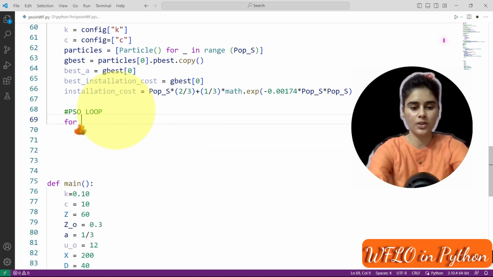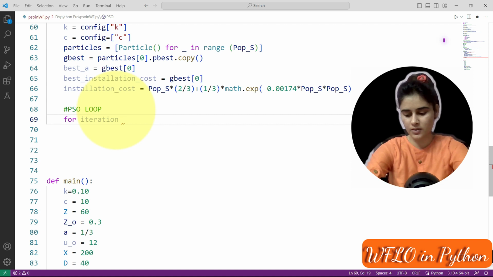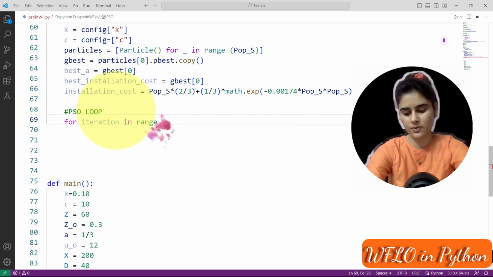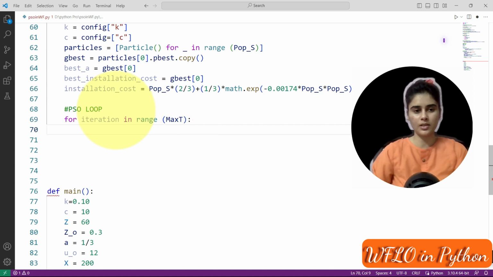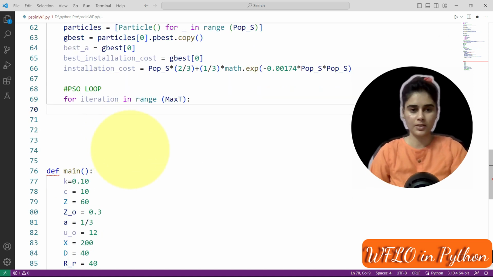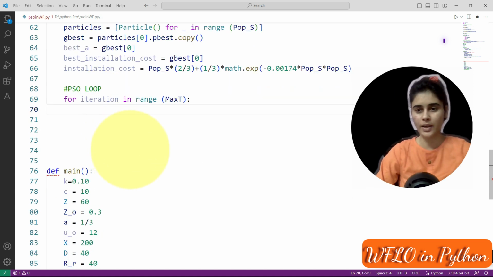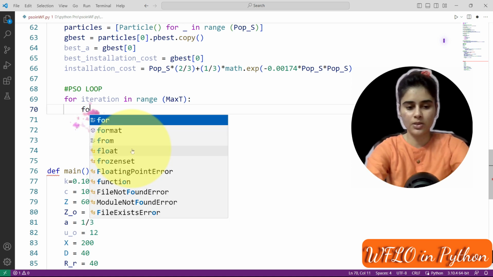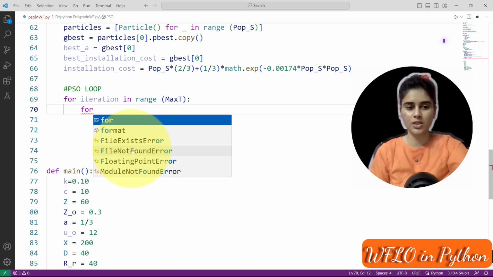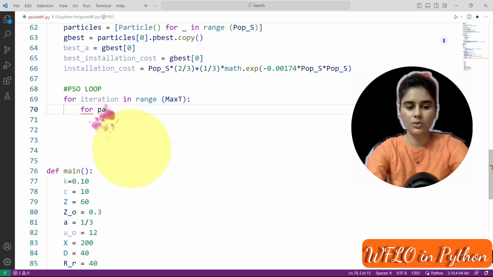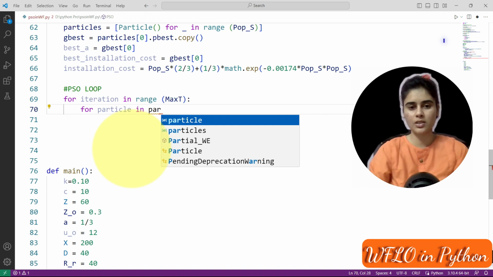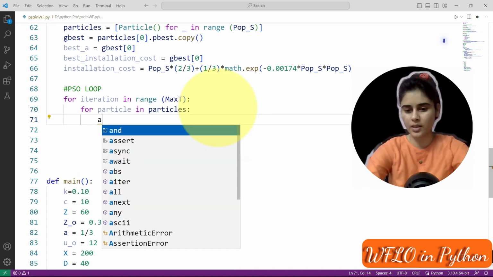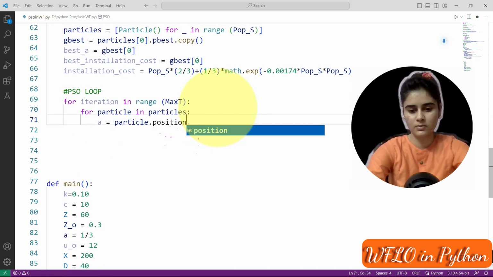For iteration in range, that is we have a maximum iteration, we repeat the loop until the maximum iterations. The maximum iteration we have is 500. So for each particle we will update their position and calculate the fitness values, that is its position.